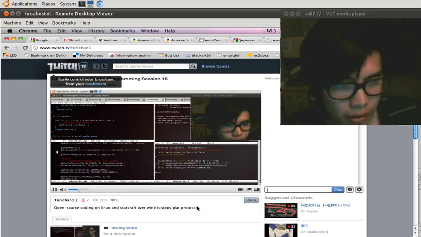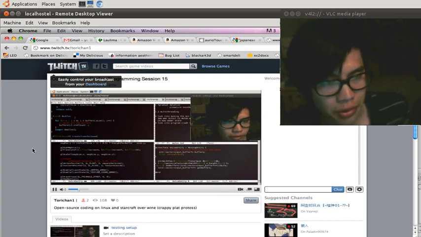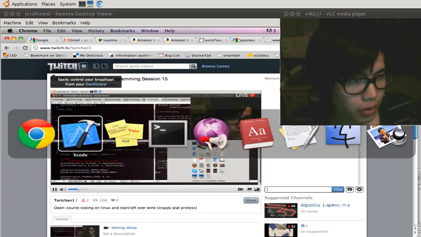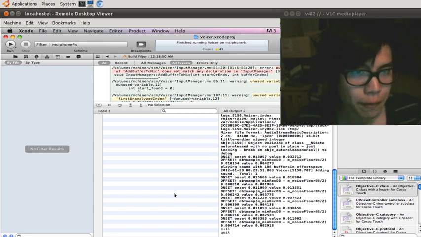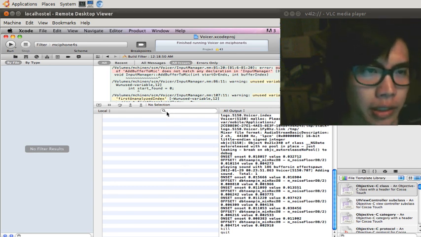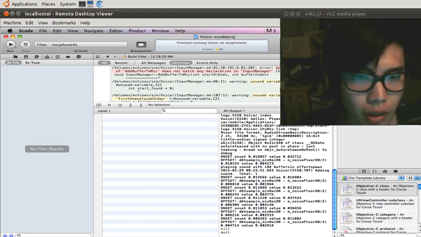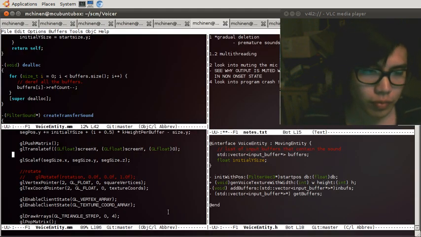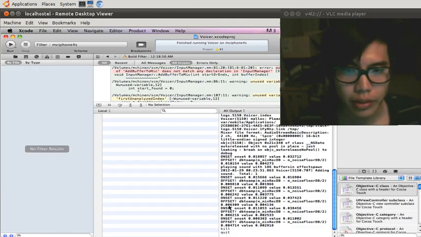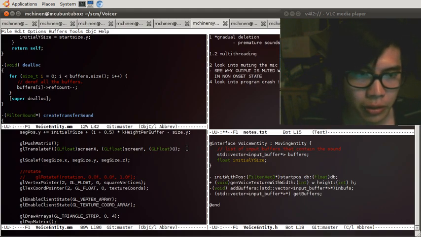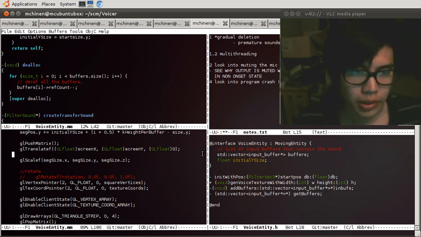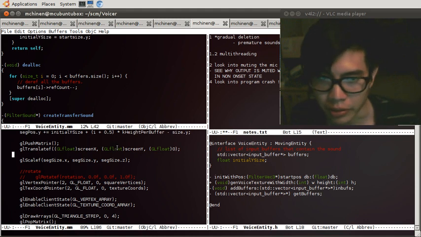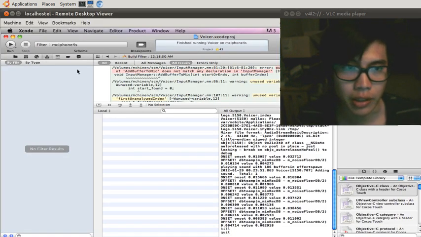Yeah, so this is my Ubuntu box, as you can see, and I just VNC to my Mac, so I can see both. When I use the Mac, I just use Synergy, so I put the mouse over to the left side and I can control the Mac directly. I don't like to use it over VNC. It creates all these problems. And I'm just not used to Xcode 4, so I end up using Emacs a lot more. So both this Xcode project and this Emacs terminal are touching the same files.